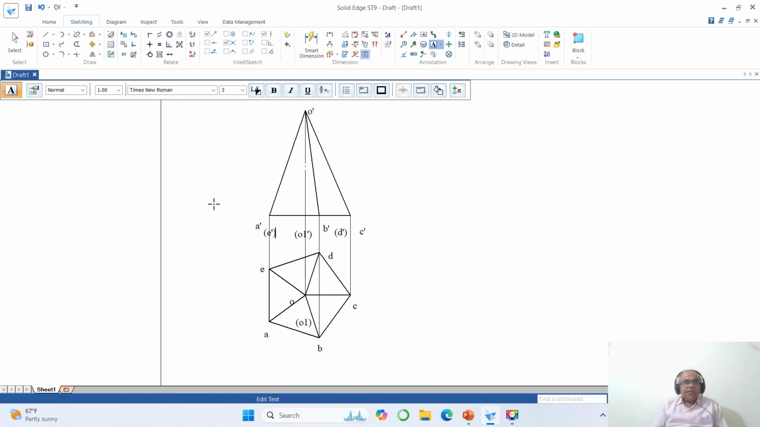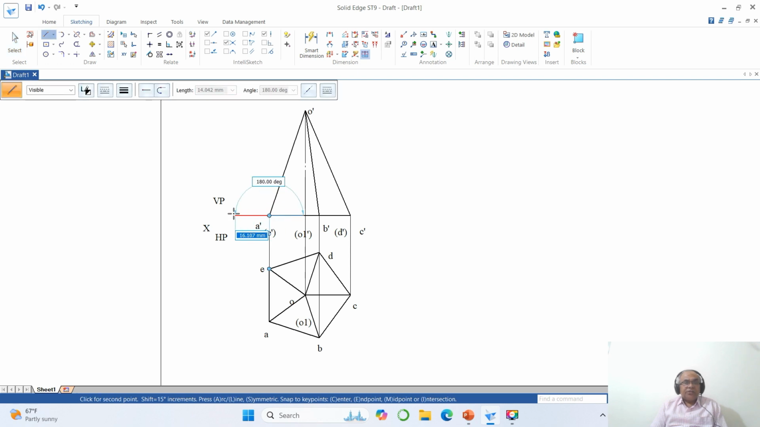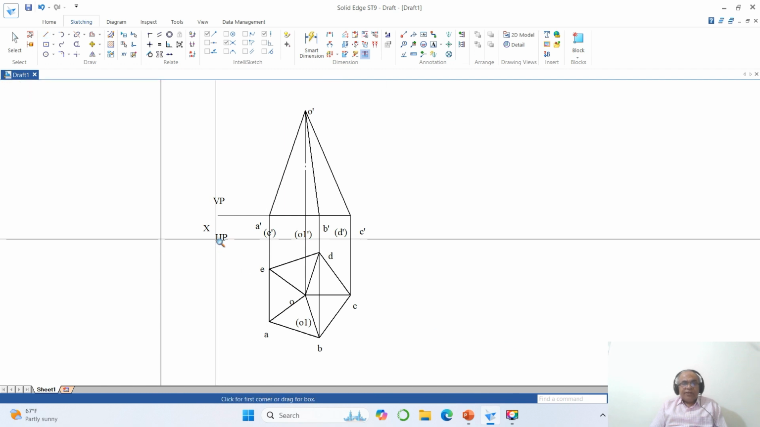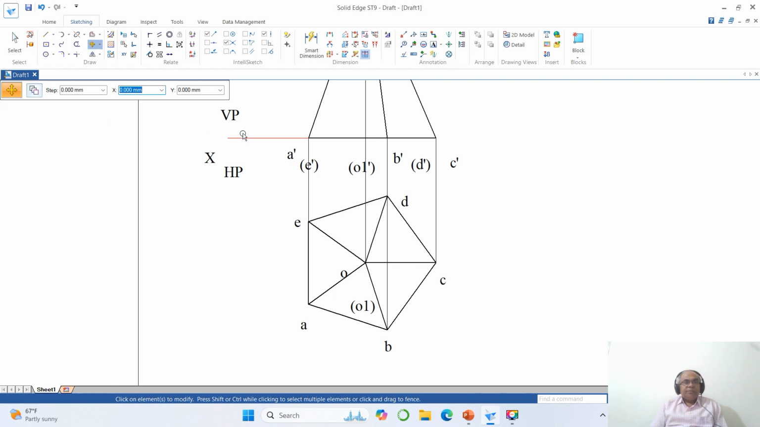Okay. Then you keep it as VP and this as HP and this as capital X. Now you go to select this line and you delete it. Then go to line command, draw a horizontal line of any length. Now you come down to zoom window. Now you go to move, disable copy, you select this and bring it here,